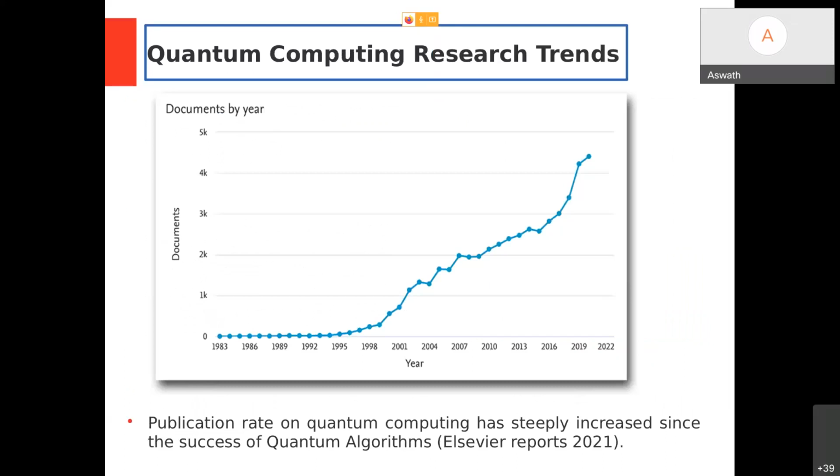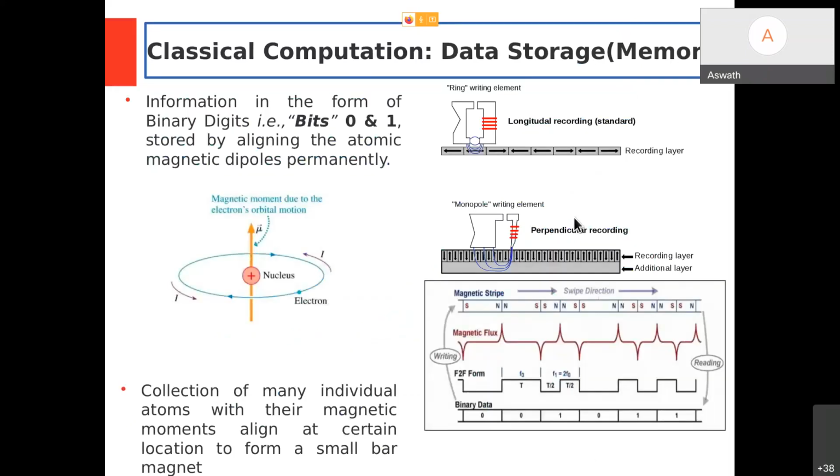Okay, if you look at the progress of research in quantum computing trends, in the initial days it was very moderate, very slow in fact. Later on it picked up and got a very steep increase from 2016 onwards. You see a vast increase from 2018 onwards. This is just data until 2021, so a lot of progress will happen from 21 to 22. Okay, right? So let me get into the fundamentals.